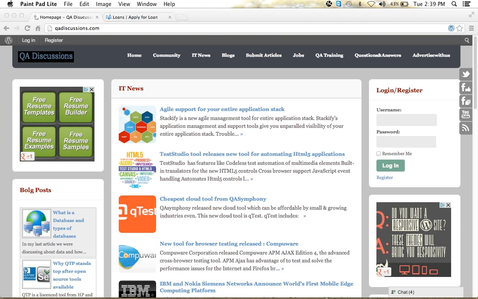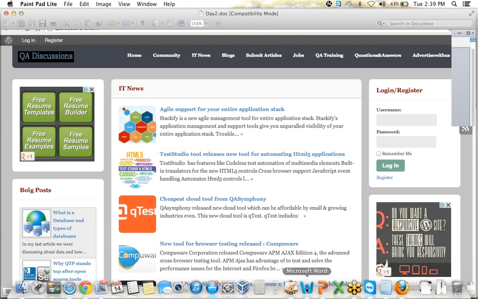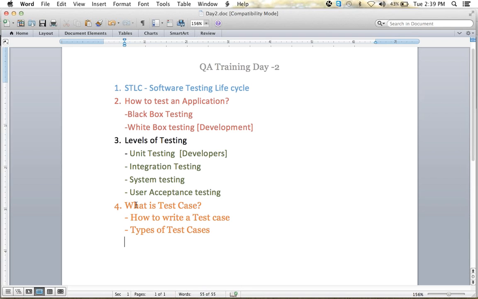Okay. So now the most important part for a tester: how to create a test case. What is a test case? How many types of test cases are there? For a QA, the main role comes in the preparation of test cases and defects. So we need to be very careful, because it is a primary responsibility for a tester. The primary responsibility of a developer is to write code in a correct form.